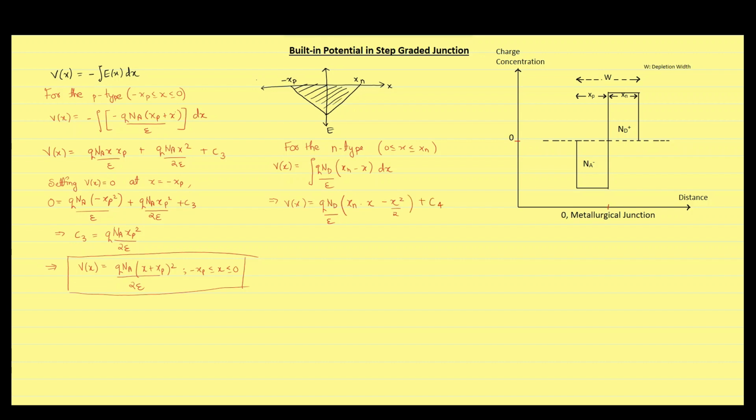Here C4 is another constant of integration. We can find the value of C4 by setting x equal to 0, and since the potential difference from both the equations of p-type and n-type region should come equal, we can equate those equations to find the value of C4. We will find value of C4 equal to. The electric potential difference in the n-type region then becomes